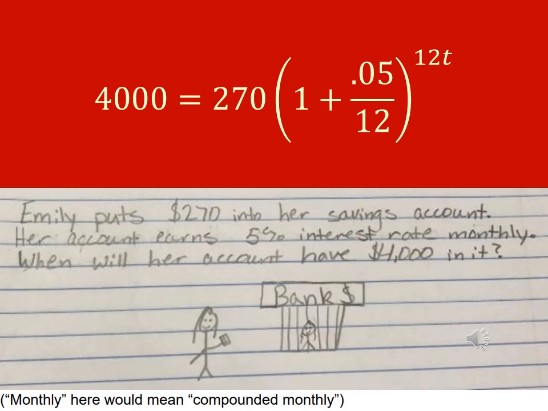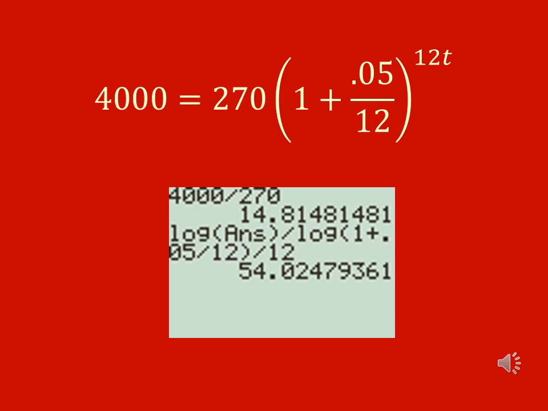Now see if you can divide and find out what the answer is going to be. And here I have it worked out. You can see that what I did is I divided 4,000 divided by 270. Then I did the log of that divided by the log of the parentheses, 1 plus 0.05 over 12. And finally I divide by the 12 that's in the exponent. We get an answer of just over 54, which means it'll take about 54 years before there's $4,000 in her